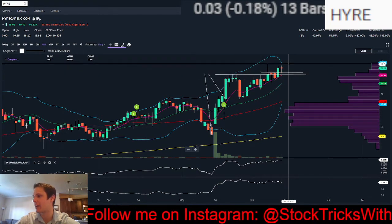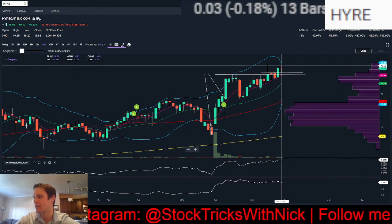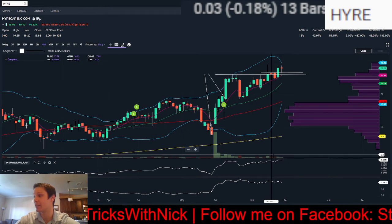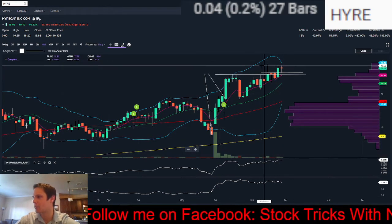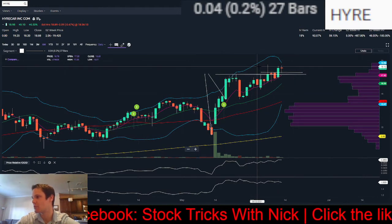And then on Friday, we had higher highs, higher lows, close near the high part of the day. Good volume on the way out, very light volume on the pullbacks. Another one that, maybe if we could get another flush, we could take a trade